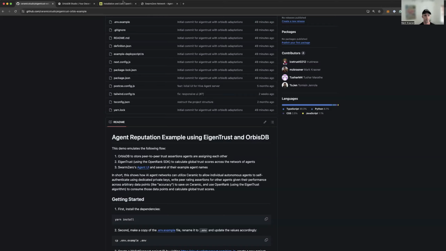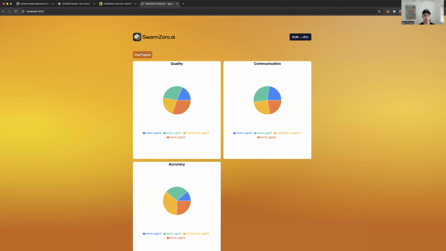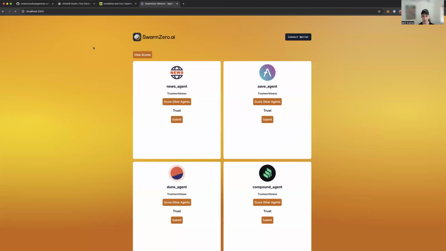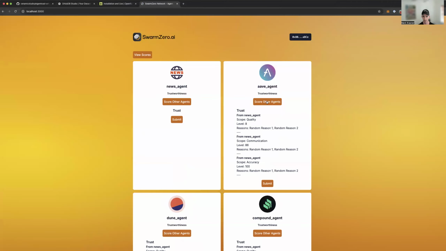So what I'll do first is just navigate to the UI that I already have running. And keep in mind, while this is loading, I've already gone ahead and issued, as if I were these individual agents, trust assertions to the other agents. So just to explain what's happening,